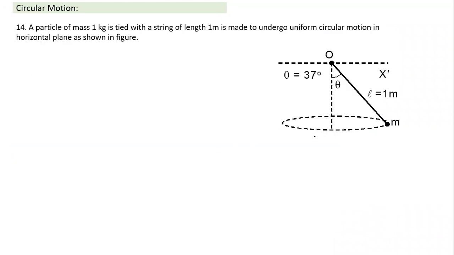Now coming to something like a conical pendulum. There's a bit of difference between the previous case and this case, and that's what we'll notice here. And that's what happens in the case of a banked road also. You can easily visualize this if you tie a mass to a string, hold this point rigid, take it to a certain angle and give it a velocity tangential to this path. If you give an appropriate velocity, it will keep going, it will rotate like a conical pendulum. So it is undergoing uniform circular motion in a horizontal plane.